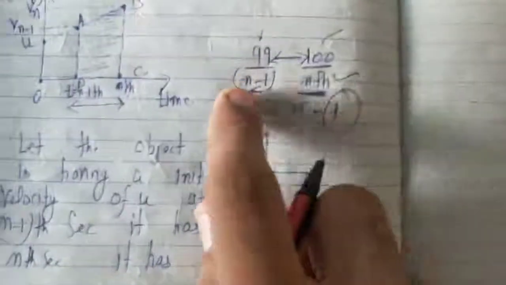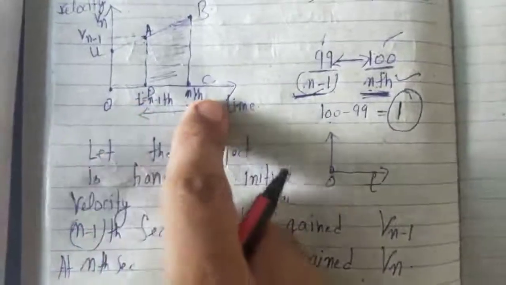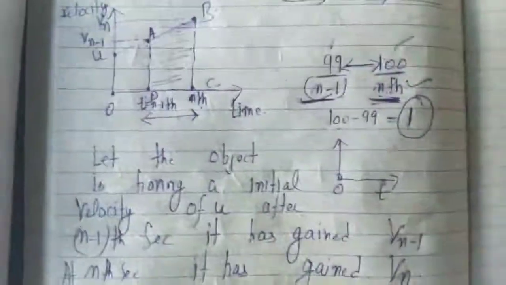So that's why I have taken n and n minus 1. I will consider them both, nth and nth minus 1. I'm going to get the distance in nth second only. Okay, so